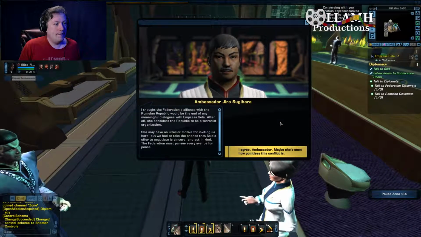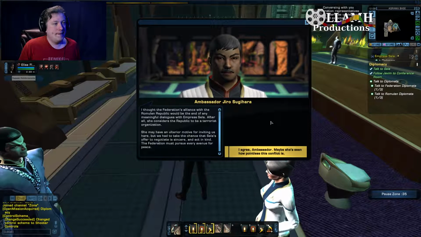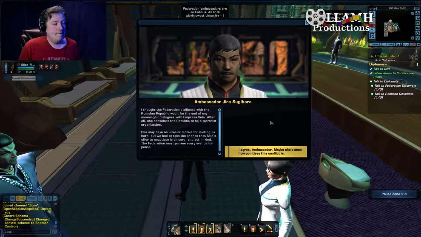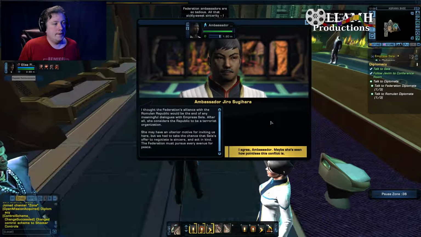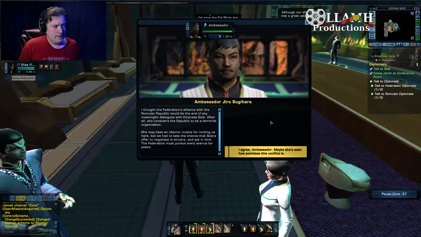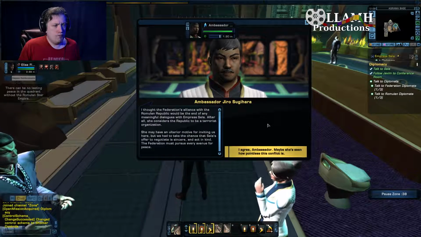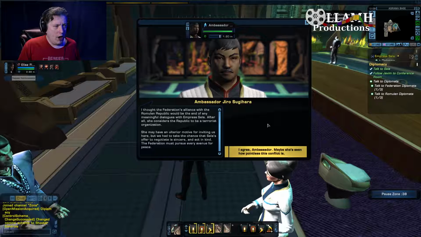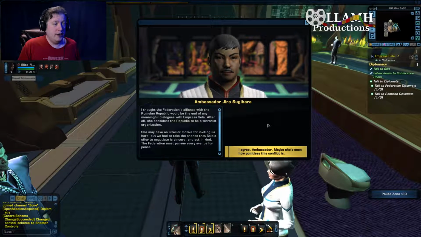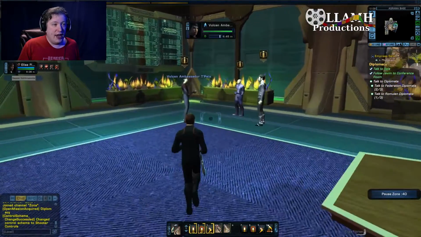I thought the Federation's alliance with the Romulan Republic would be the end of any meaningful dialogues with Empress Sela. After all, she considers the Republic to be a terrorist organization. She may have an ulterior motive for inviting us here, but we had to take the chance that Sela's offer to negotiate is sincere and act in kind. The Federation must pursue every avenue for peace. I agree, Ambassador. Maybe she's seen how pointless this conflict is. Not that I actually believe that, but...